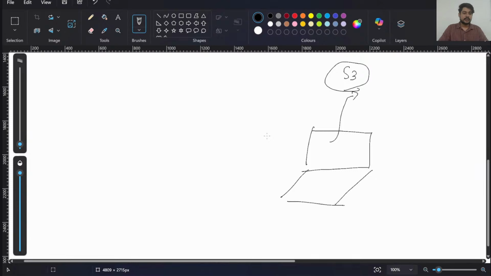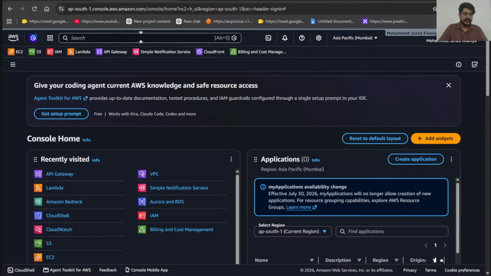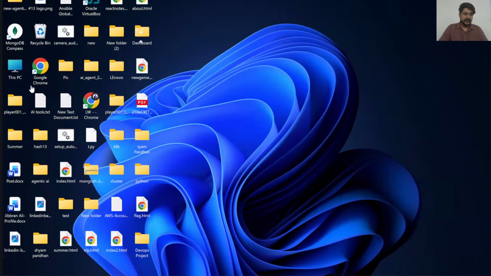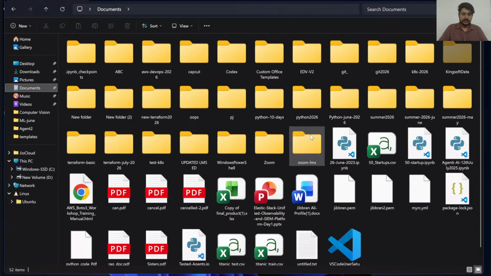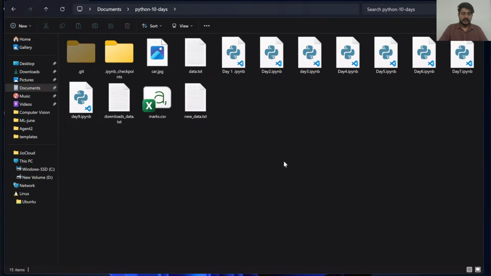So I want to take a backup of multiple other things. In this case, technically I am creating a backup of some files. For this, I want to first set up the S3 bucket, right? So I'm opening my Jupyter notebook. Let me open it quickly. It's stored in my documents folder, and inside the documents folder, it's stored here. So I'm opening this in the Jupyter notebook.